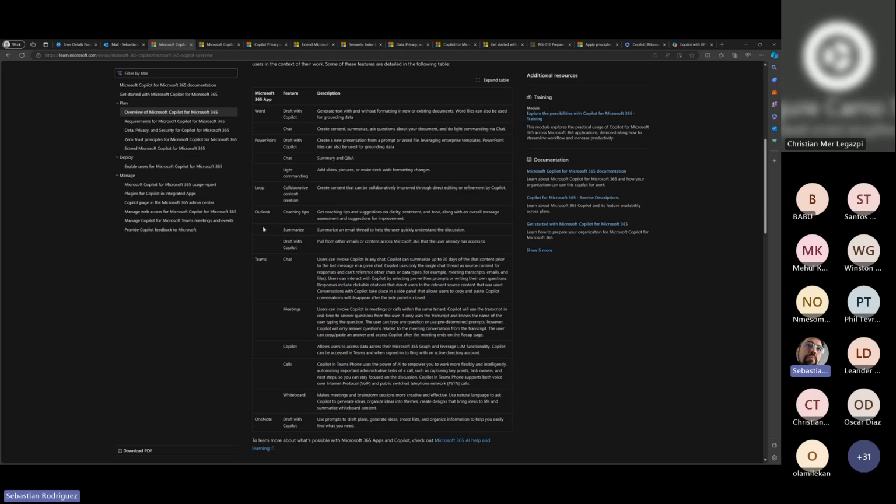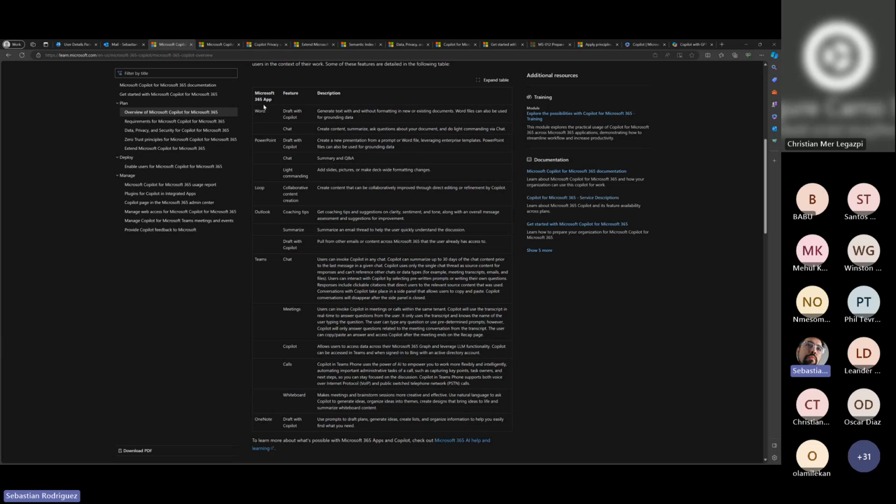That is not supported yet. You could build it with your own plugin via Graph and all those other options, but natively, out of the box, that is not available. So here, which is already shared in the chat with you guys, you can see what functions are available for